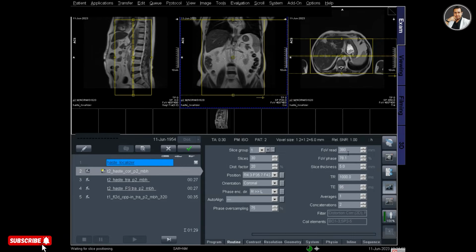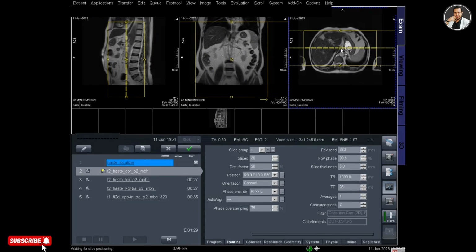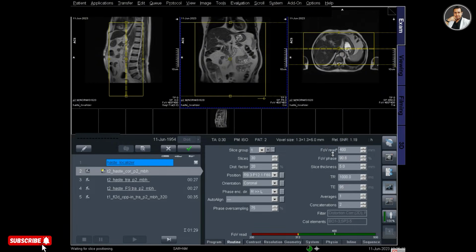For this coronal protocol, I have selected the image number 30, the slice thickness is 5, and plan over the sagittal and axial images for coronal, and include the whole liver and down to the symphysis pubis.